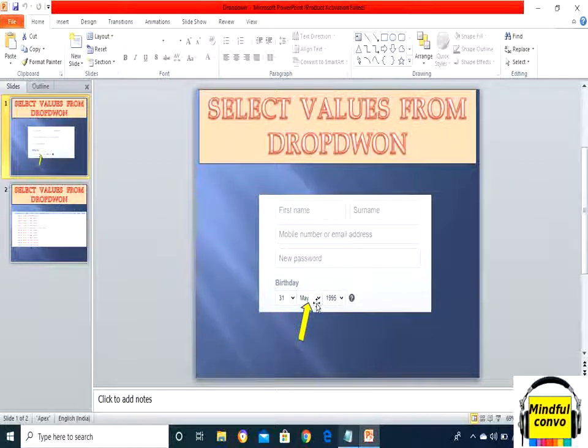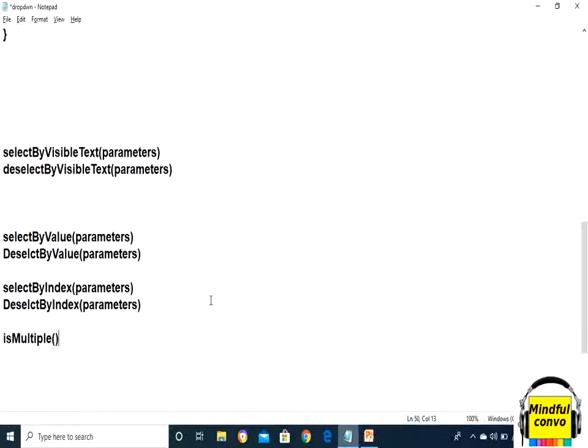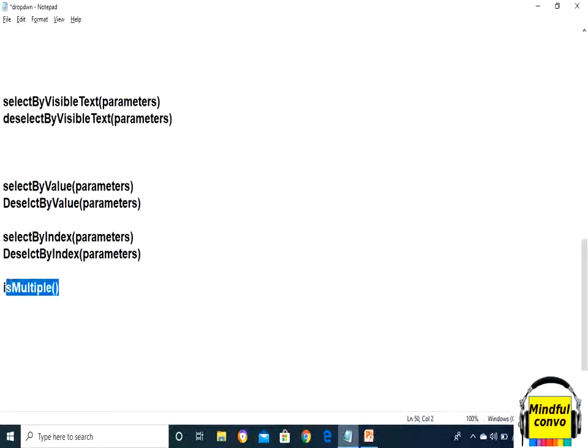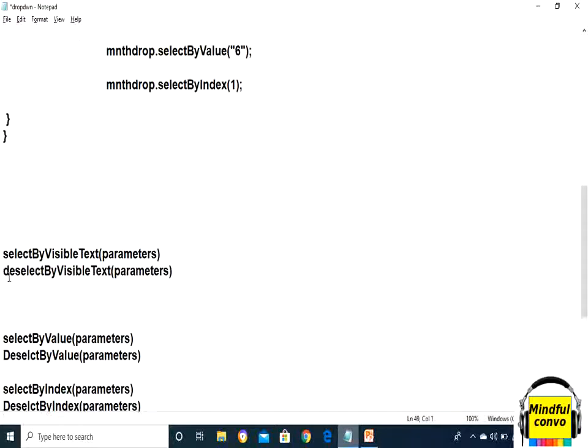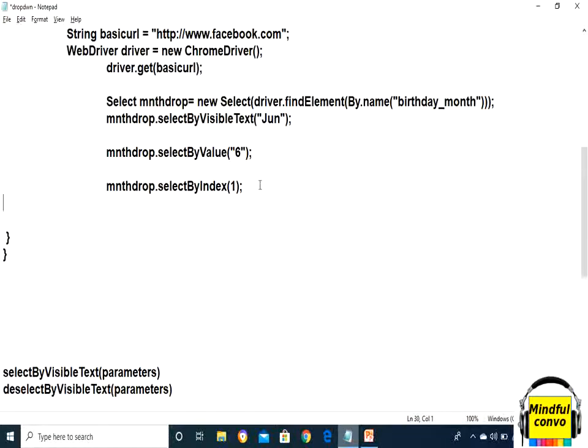Like this kind of drop down never allows us to select more than one value, but there are some drop downs that allow us to select more than one value. If we want to know whether it allows us to select multiple values or not, we need to use this method.